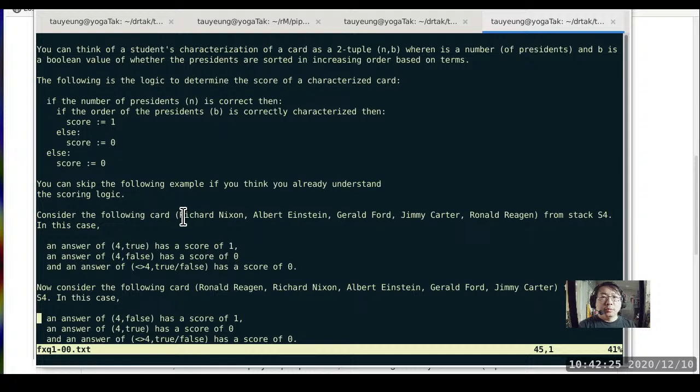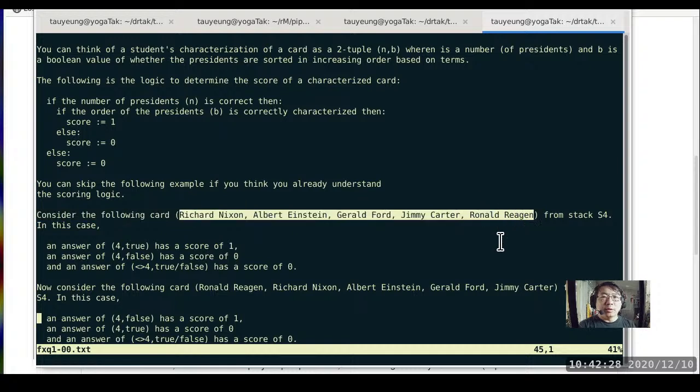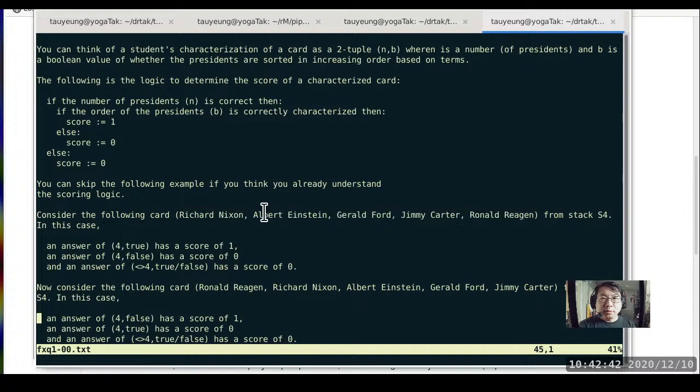But if you're not quite sure how the logic works, here's an example. So the card would list these names in this specific order. We have Richard Nixon, Albert Einstein, Gerald Ford, Jimmy Carter, and Ronald Reagan. And you can see that we have one non-president here. Albert Einstein is not a president. And then the presidents are in the correct order. So that means if a student answers a two-tuple of 4, true, then it has a score of 1 because it correctly counts the number of presidents as well as identifying the order as increasing,